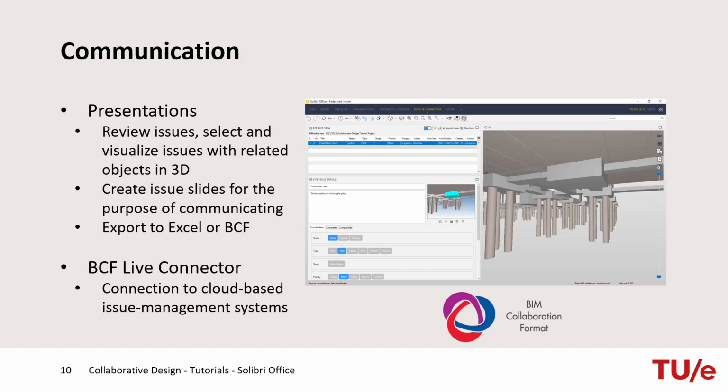With a recent update of Solibri, it has also become possible to upload issues directly to a BCF server, using the BCF Live connector. Using the BCF Live connector provides a direct link between Solibri and cloud-based issue management systems, such as BIMTrack, BIMCollab, or BIMSync. In this way, the workflow of communicating issues and comments is streamlined so that there is a full audit trail of issues and the responsible team members. By storing the BCF issues in a central location, everyone has access to the same issues. This also prevents the BCF files from having to be emailed back and forth, and prevents the emergence of multiple versions of the same issue.